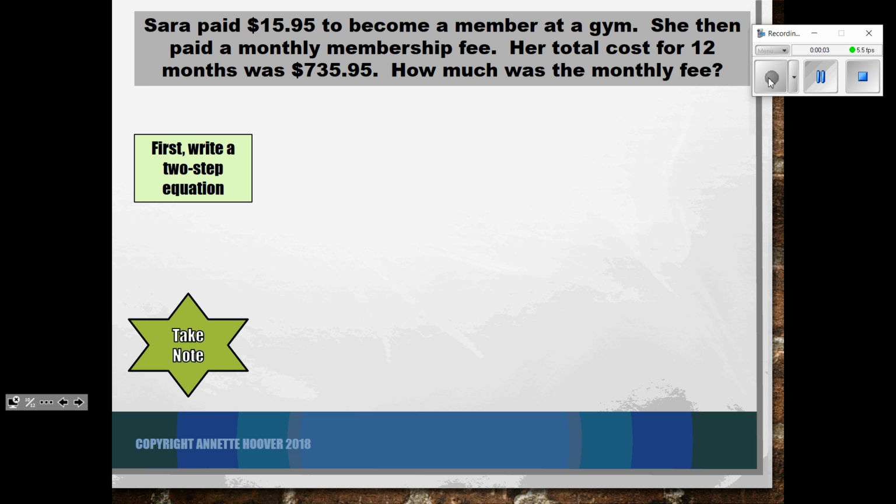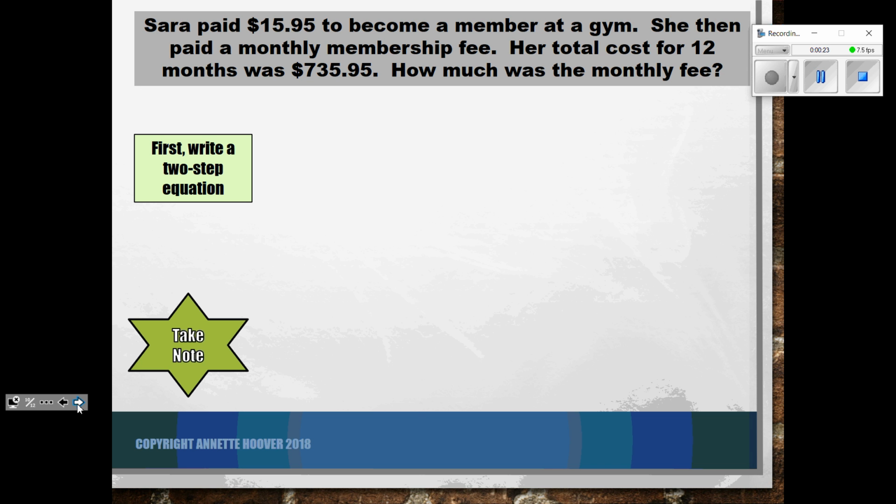Today we're going to look at problem solving using two-step equations in the real world. So let's look at these scenarios that can happen, and we're going to write an equation for them and then solve it. Here we have Sarah paid